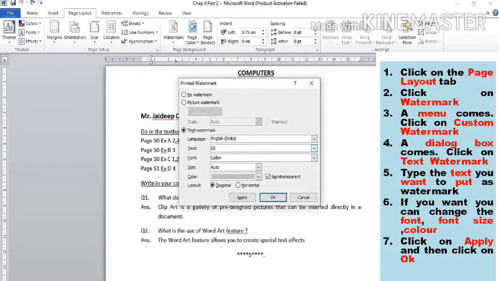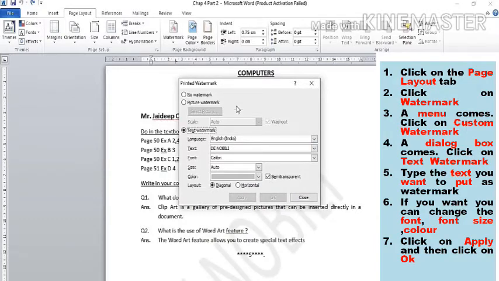DE space NOBLY. Step 6, if you want, you can change the font. You can change the size. You can change the color. And there is something called layout. And lastly, you will click on apply.